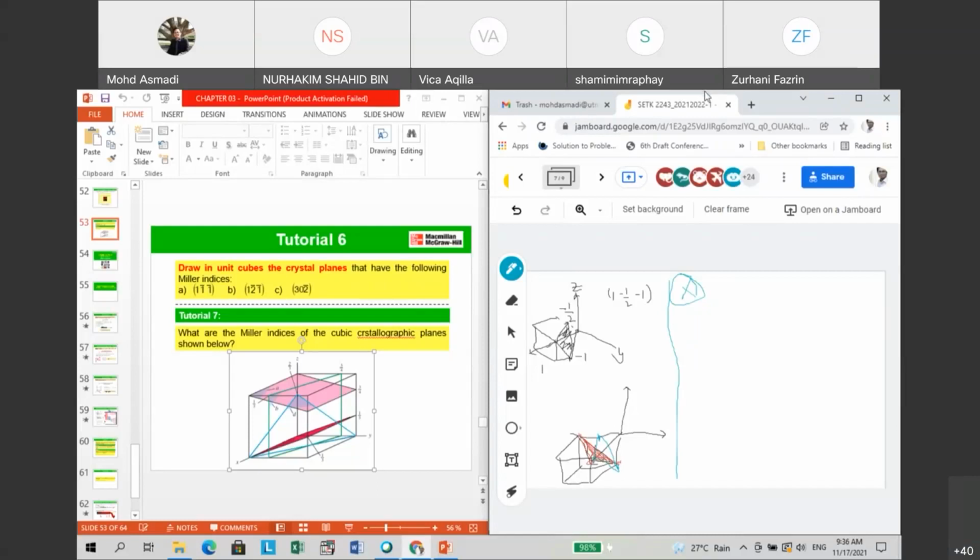Okay, if you look here, I just define this one as the origin. So if you look here, this is 3/4, and this one is 1/4. So the point for Z should be negative, because I define this one as the origin. You can also define this one as the origin, no problem. And then Y, towards that direction, is equal to